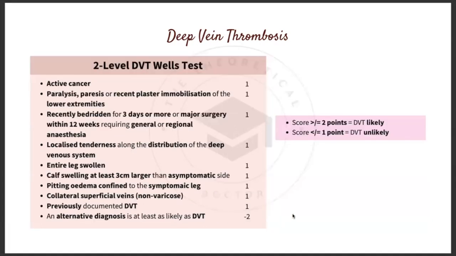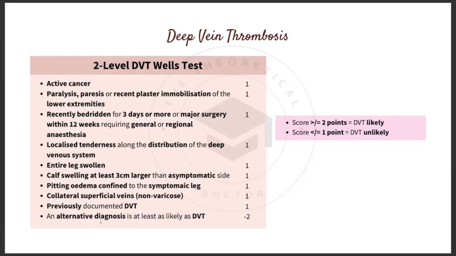So this is the 2-level DVT Wells test. Here are a few points to take note, and each of them contribute a score of 1, except the last one, which is an alternative diagnosis, least likely of a DVT. This is the first line that you would do. A score of 2 or more points to a DVT being likely, and a score of less than 2 points